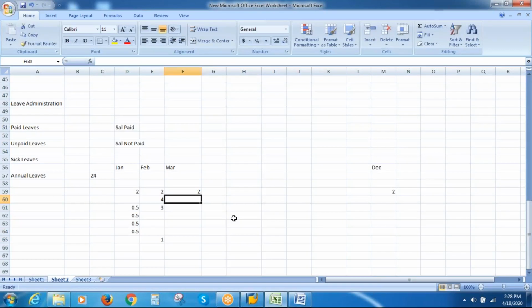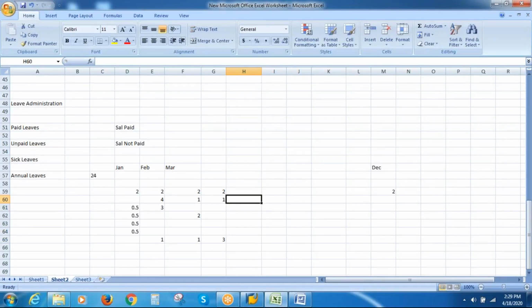So this 1 day will be carried forward to March, and in March, 2 days will be added. The quota balance will be 3 days. And in the month of March, if the employee has utilized 2 days of leave, then again there will be a balance of 1 day. This will be carried forward to the next month, April, and 2 days will be added. Let's say in April the employee did not book any absences. Quota balance will be 3. It will carry forward to the next month, and so on and so forth.